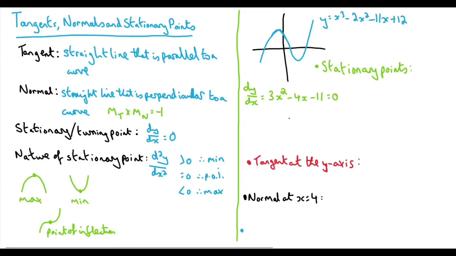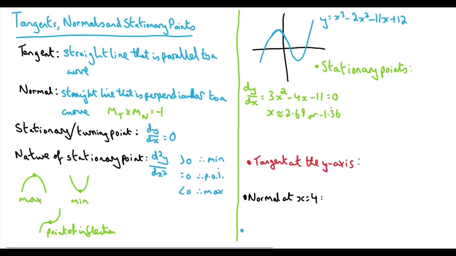As it's a quadratic, you would usually try to factorise. In this case, it doesn't work out nicely as 2 brackets, so you would have to use the quadratic formula instead, where your a is 3, your b is minus 4, and your c is minus 11. From this, to 3 significant figures, you would get that x is approximately either 2.69 or minus